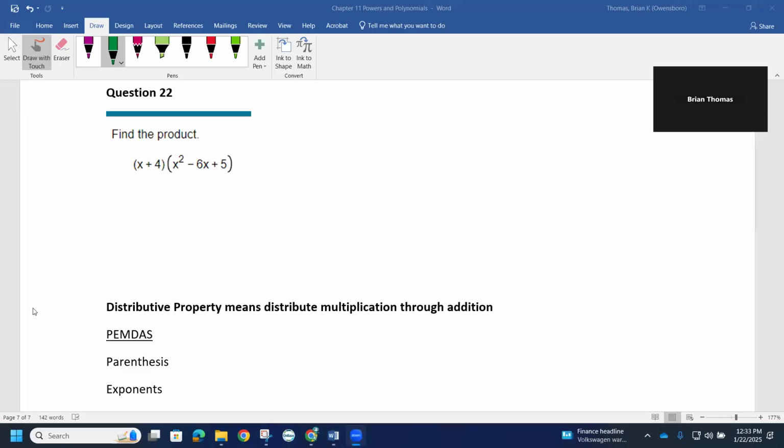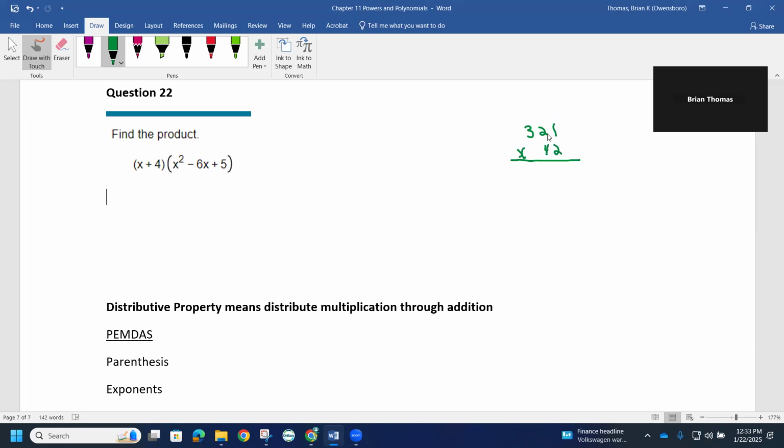So question 22, working with polynomials. Notice how now we have a binomial times a trinomial. So we have a two-termed expression times a three-termed expression. So again, if I had, say, 321 times, say, 42,